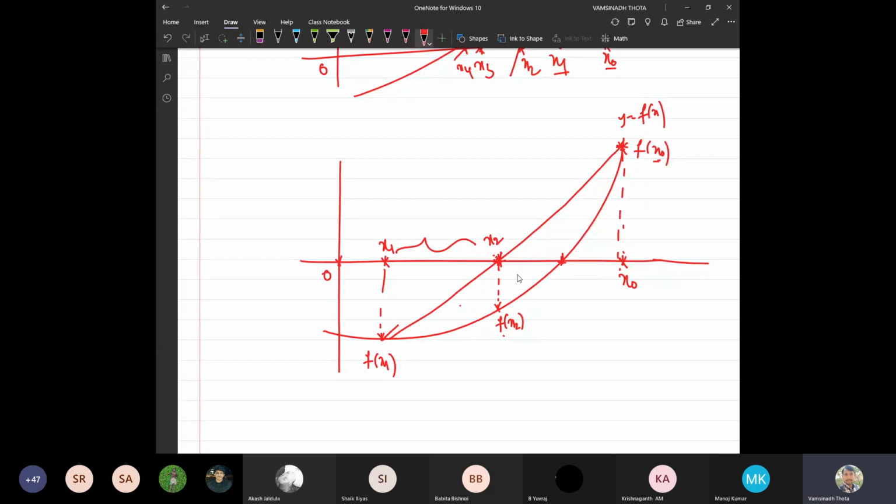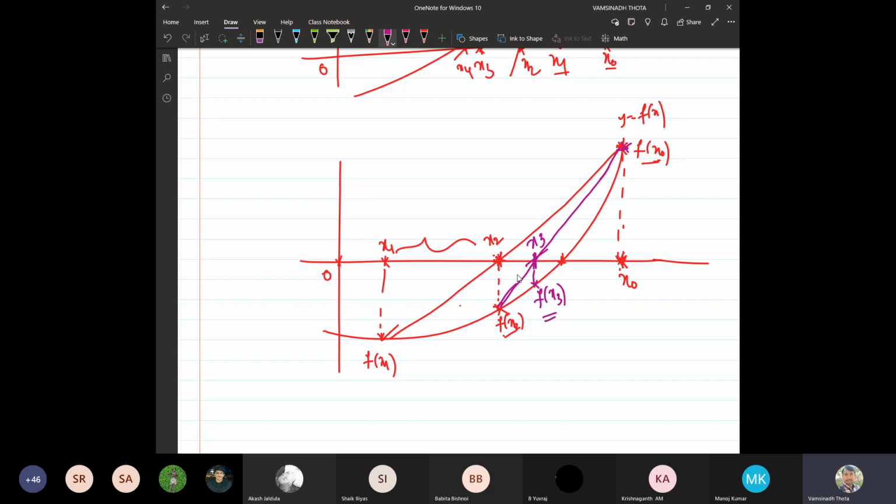Okay. So for the next iteration, the domain is from x2 to x0. One is minus and one is plus. So we can go for it. Now this is the point. Now in this iteration, what we need to do? Again fix this one, and we again join this one. Again, this is the point x3, and x3 is again negative. So this is f at x3.